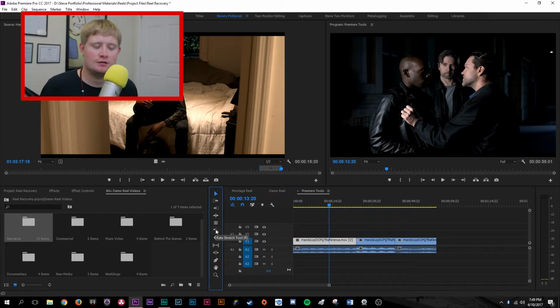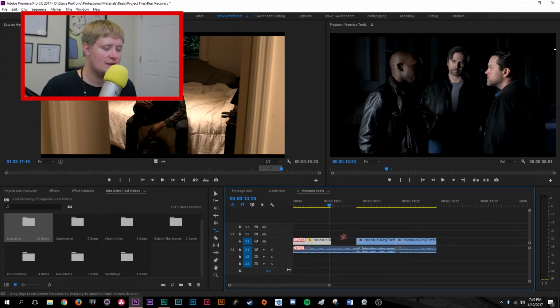Going next in our long line of tools is the rate stretch tool. Now this is something that I don't mess with too often because I prefer to use exact numbers, but it's something that you can adjust the speed of clips simply by dragging them, which is kind of cool. So I can grab a